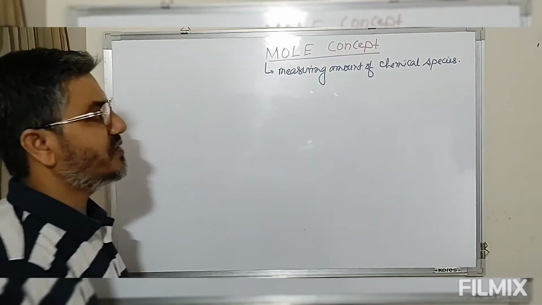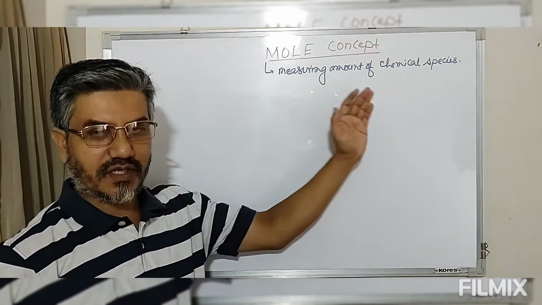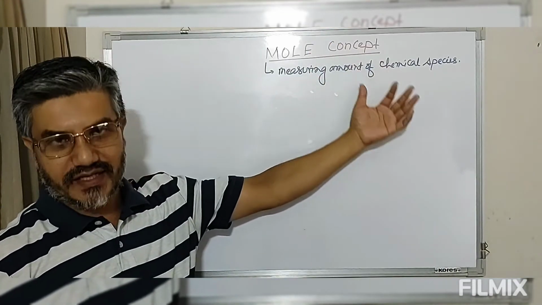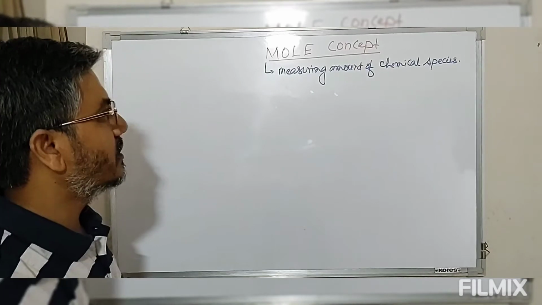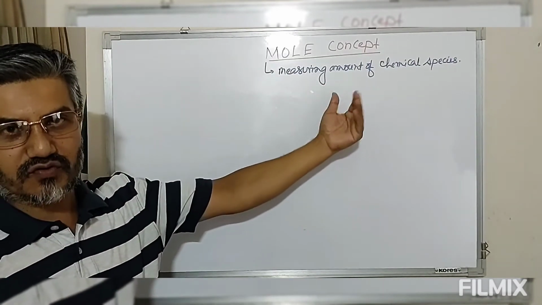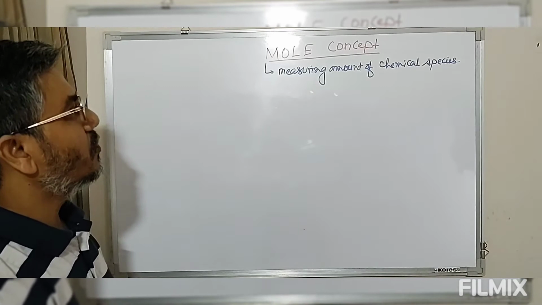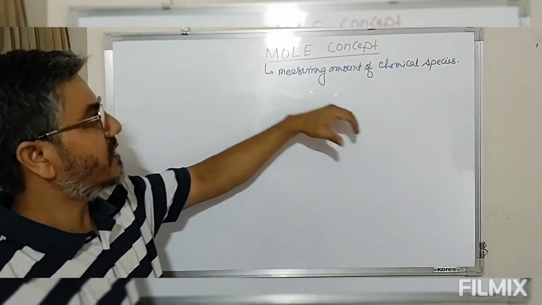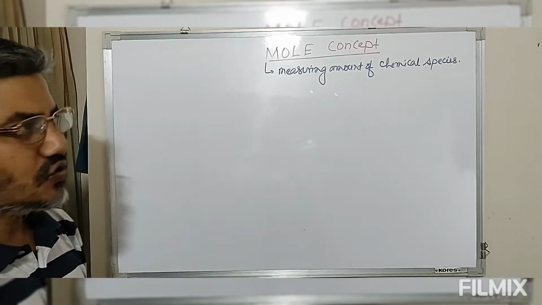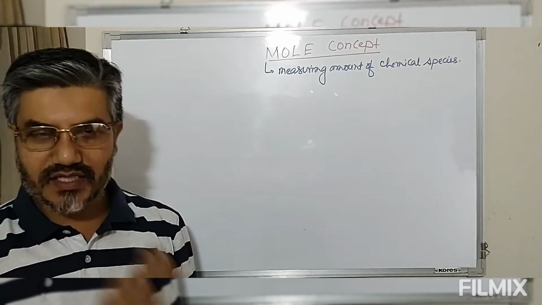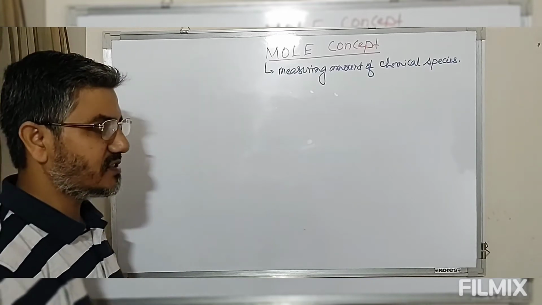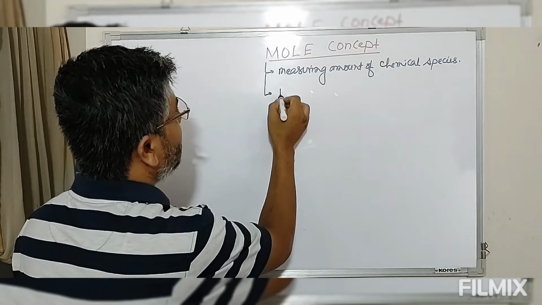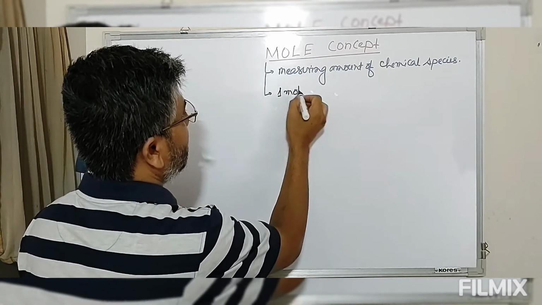These chemical species may be the number of electrons, protons, neutrons, molecules, atoms, etc. Or you may have the number of moles of ions, etc. Now these chemical species are measured in terms of mole. So 1 mole of any particular substance, whether this is electron, proton, neutron, molecules, etc., always has a